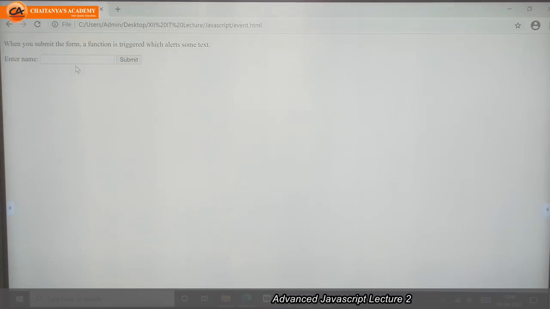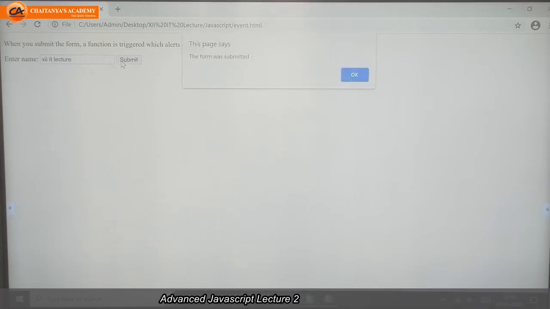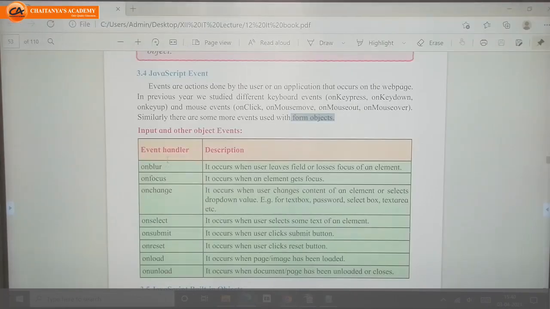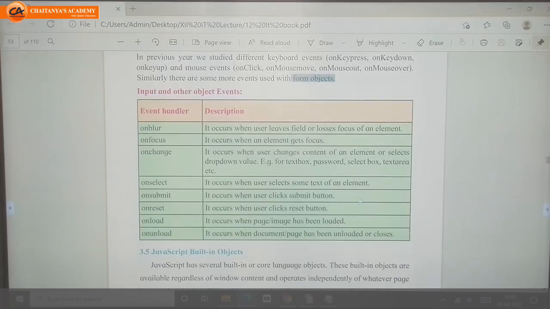I am going to write some text, and once I submit, the message "form was submitted" appears. On submit of this form, I got this message. So for that purpose I used onsubmit. It occurs when the user clicks the submit button.